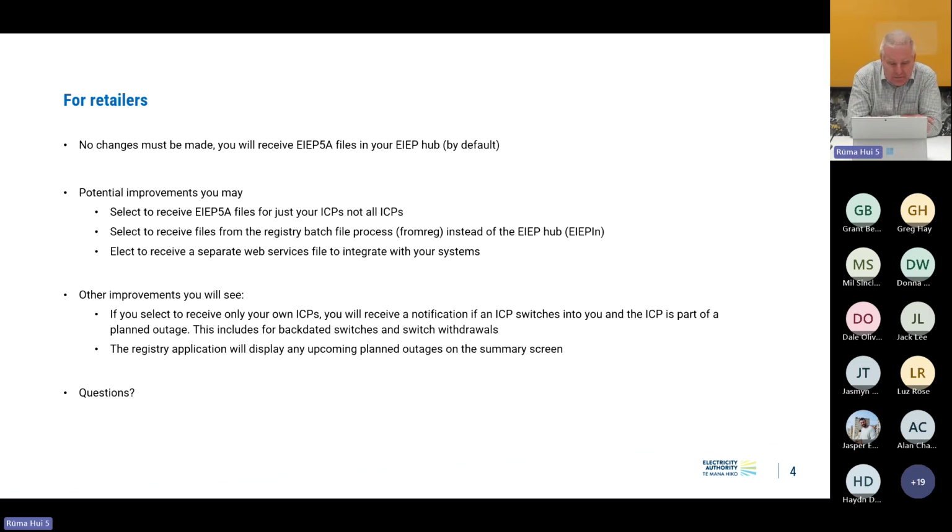Okay, so for retailers, there are separate web services, so you can integrate outage information into your systems using a web service. One other thing that we're changing, which should help retailers, or anybody actually who accesses the registry from the web browser interface,